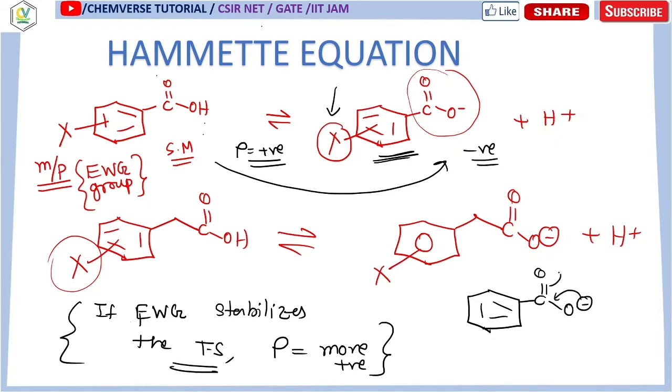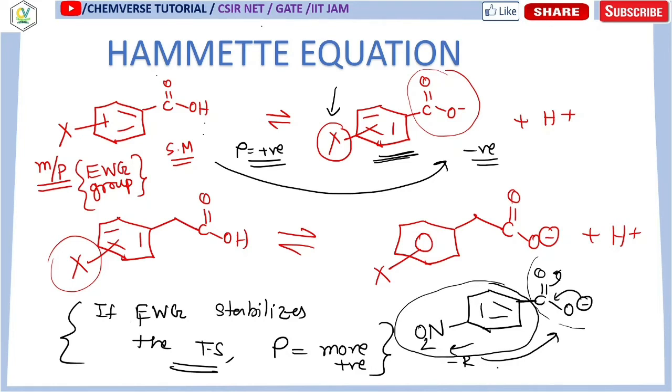Now this negative charge is resonance stabilized with this C double bond O, that means it is delocalized over here. But suppose I am taking a nitro group over here. You know that it is a minus R group. Now this minus R group cannot show minus R effect over this negative charge, because this negative charge cannot enter the ring. If it entered the ring, then only this NO2 would stabilize it via resonance. So remember that for the conjugate base of an aromatic carboxylic acid, this negative charge is already stabilized with the C double bond O, and it cannot enter the ring.